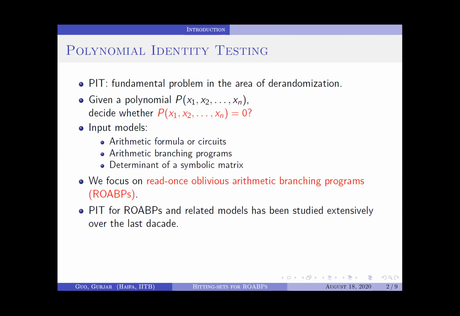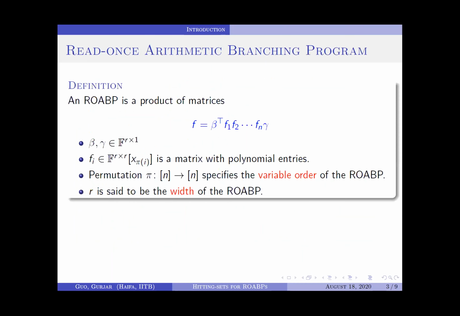PIT for ROABPs and related models has been studied extensively over the last decade. It can be seen as the algebraic version of the RL versus L problem. Here's the definition for an ROABP. An ROABP is a polynomial that can be written as a product of matrices